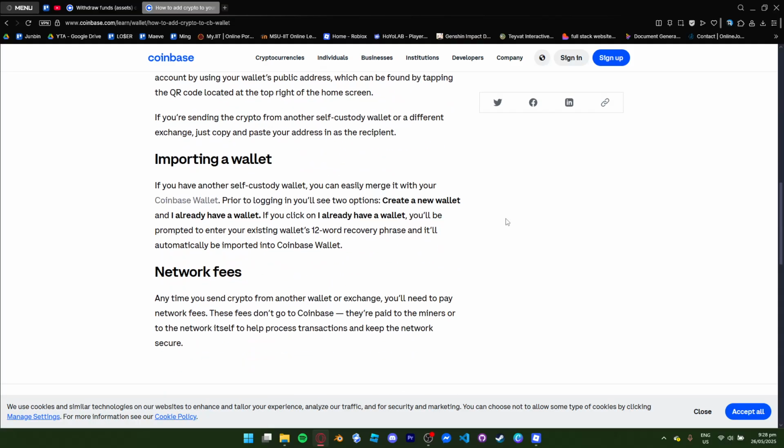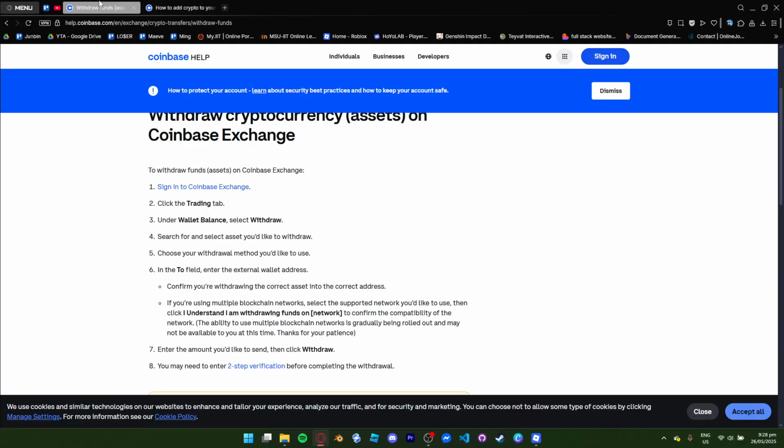Now, from there, you want to copy the address that you have generated in Worldcoin. So in Worldcoin, once you click the withdraw button, you'll get a generated wallet address that you can copy and paste in Coinbase. Now, after that, you can withdraw the funds from Coinbase by signing into the Exchange